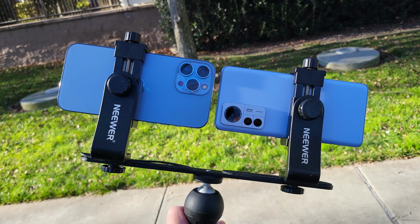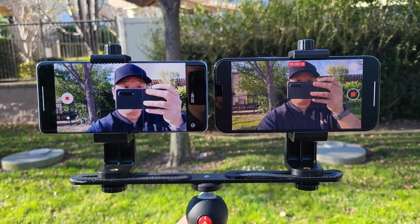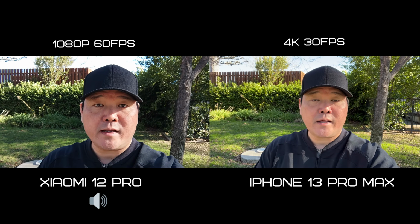So this will be a front-facing camera test on the Xiaomi 12 Pro and iPhone 13 Pro Max. They are both recording from the front-facing cameras, and this is at their max resolutions and frame rates. So that's 1080p 60 frames per second on the Xiaomi and 4K 30 frames per second on the iPhone. And as you can see, the iPhone has a wider field of view. It can fit more in the frame than the Xiaomi, which has a much more aggressive crop